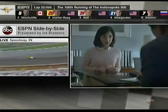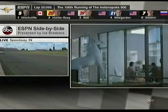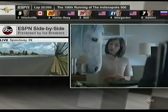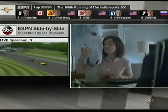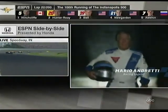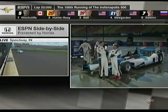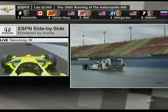Yeah, that's about the first time we've seen Hunter-Ray take a look to the outside, couldn't get it done, and James Hinchcliffe streaks out to about a 4 or 5 car length advantage. The famous Speedway water tower peeks its way over the southeast vista as they exit turn number 2. It's watching right now the Canadian James Hinchcliffe leading Ryan Hunter-Ray. Everybody safely single file through the north end. The 6th and final car of the pack is the Menards machine of Simon Pagenaud, but a car to watch